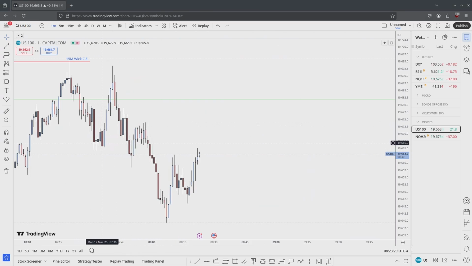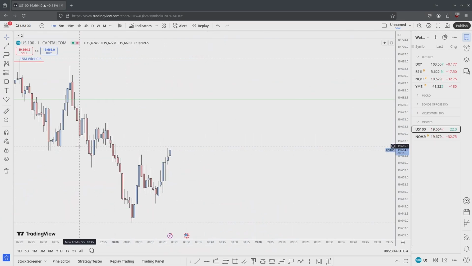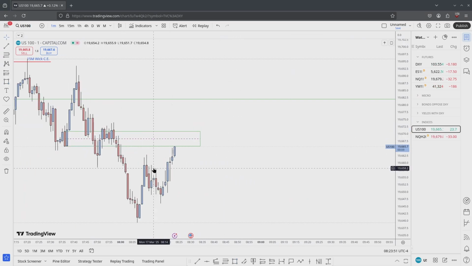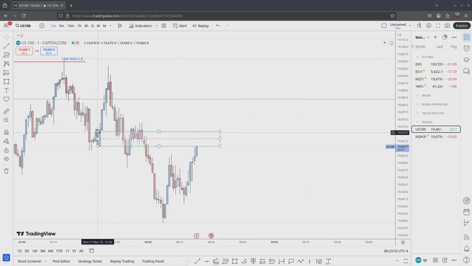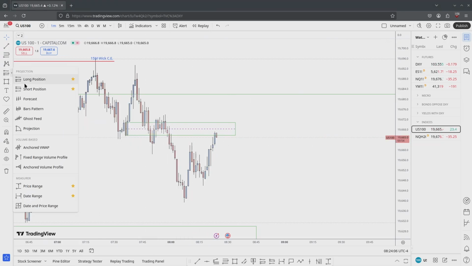Almost tapped into this breaker block, higher low, higher high, trade through that. Almost tapped back into it. Won't take that though. It just tapped into it. We can tape read it, I guess. Do a little tape read on the video. We'll tape read that. See if it wants to trade into that breaker block.